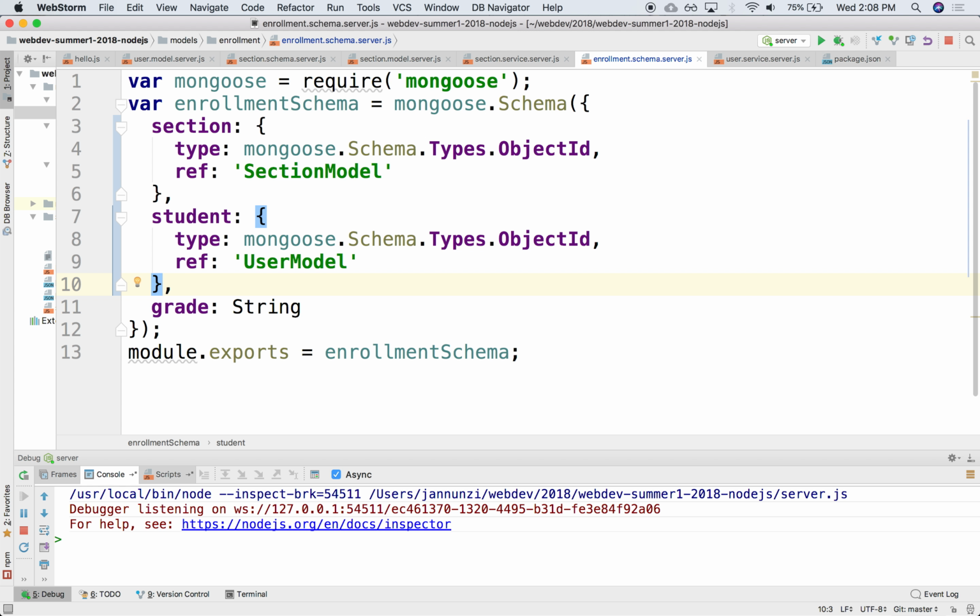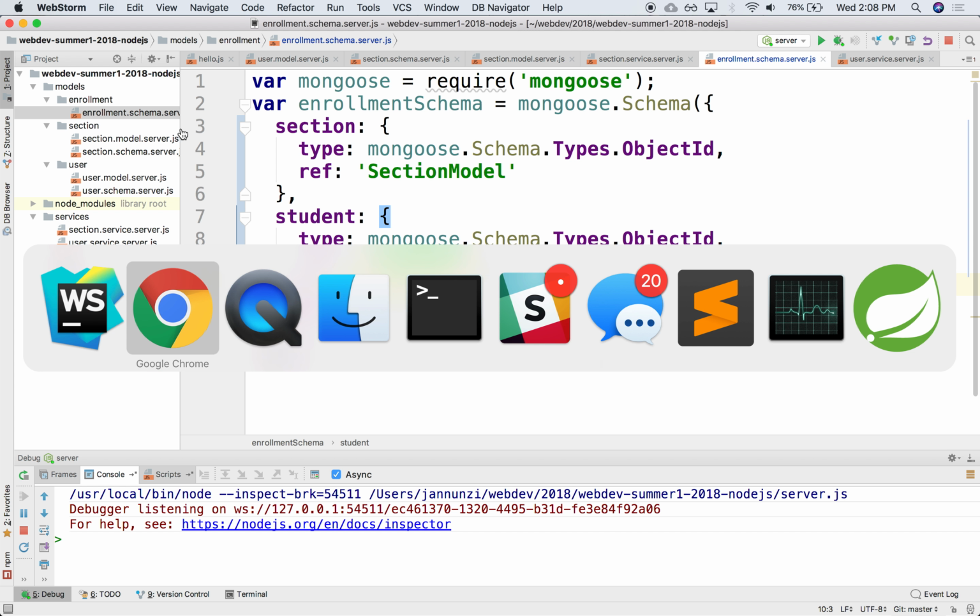But additionally, we are configuring that this primary key or this foreign key is referencing objects of this particular type. And this is what is going to allow Mongoose to go and fetch that other object. Fetch me that other object. What we're going to refer to as a join, right? It's going to be able to join these two things together. Okay, all right. So we have the enrollment schema, and what we're looking to do is to implement